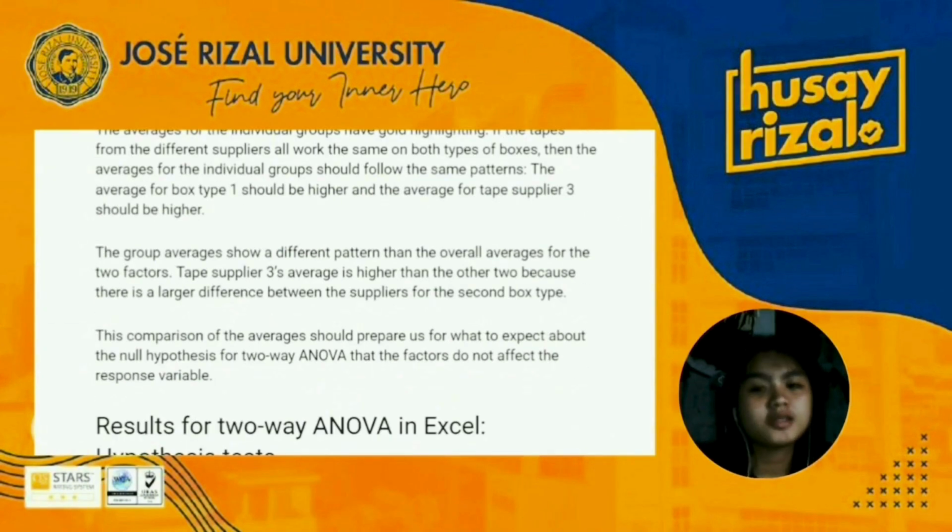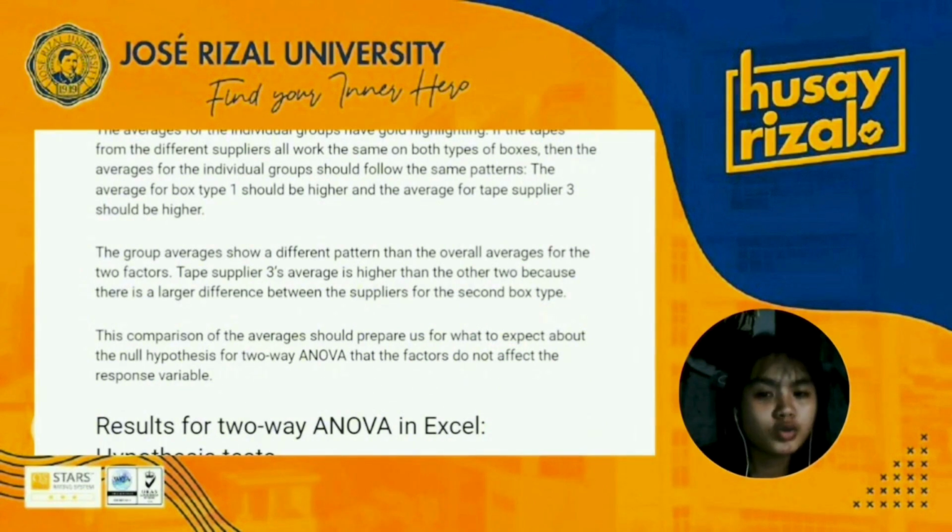The averages for the individual groups have gold highlighting. If the tapes from different suppliers all work the same on both types of boxes, then the averages for the individual groups should follow the same patterns. The average for box type 1 should be higher, and the average for tape supplier T should be higher. The group averages show a different pattern than the overall